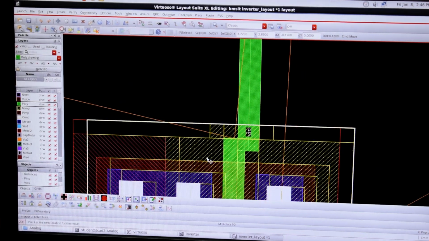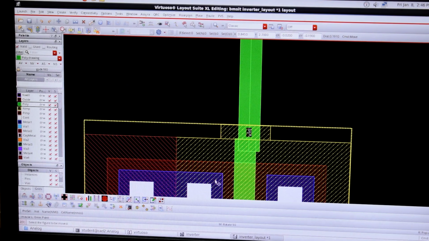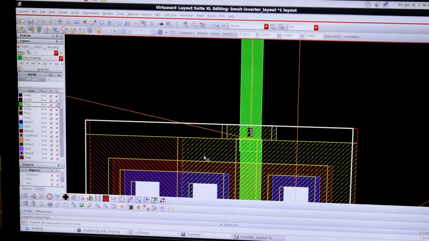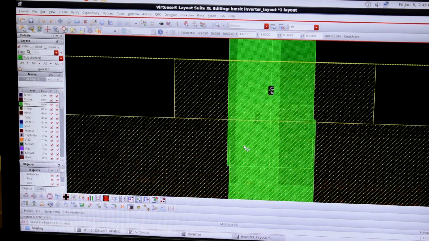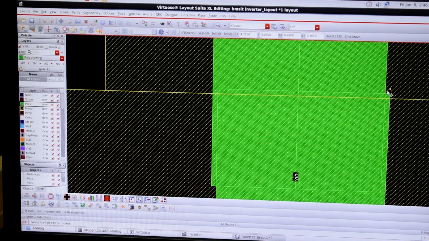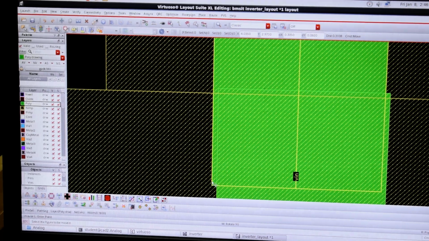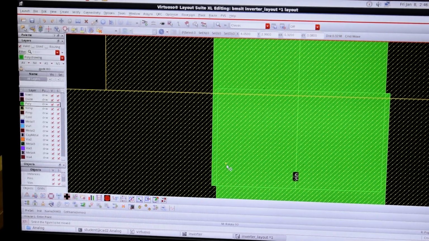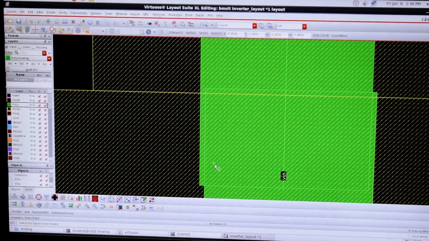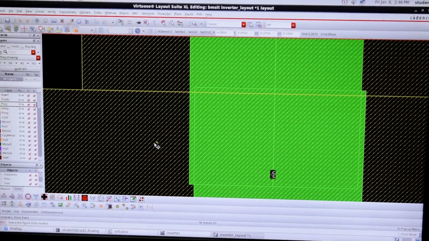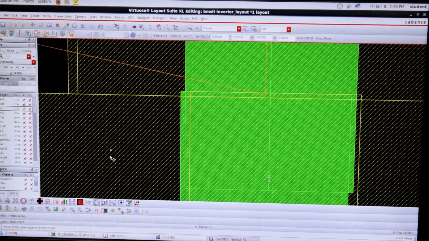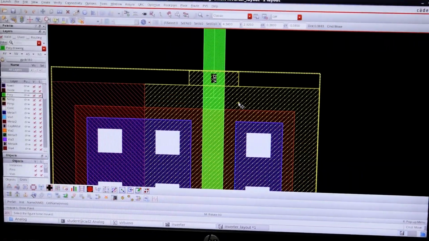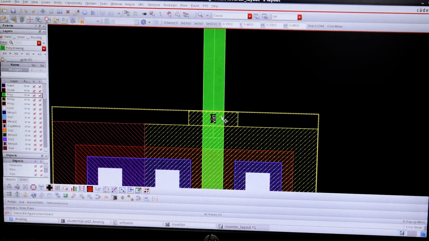Generally, if this connection is proper, it is well and good. If it is not connected, I need to move my NMOS. Just move this NMOS and make sure you are connected. Zoom in and you see there is some spacing error here. I should make sure there are no spacing errors. If you do it now, then when you do DRC, that is design rule check, you won't get any error. So align this NMOS according to polysilicon. Then you see both the gates are shorted.